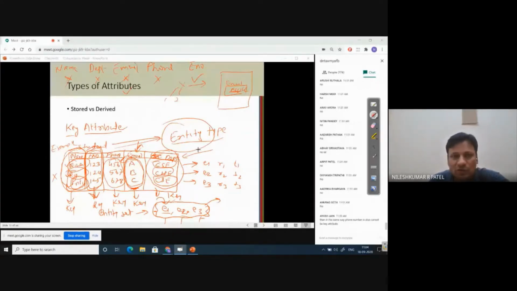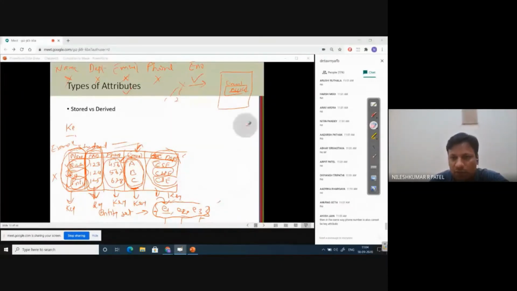For example, now assume Aadhaar is mandatory for everyone, right? While coming to this university, these days they also ask for the Aadhaar number, and that is mandatory. So if there is a field called Aadhaar, the Aadhaar number is also a possible candidate key.